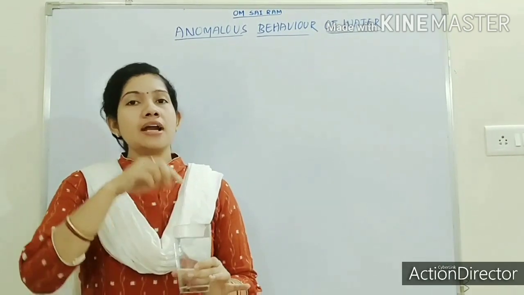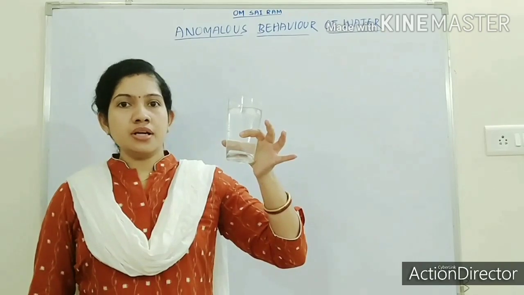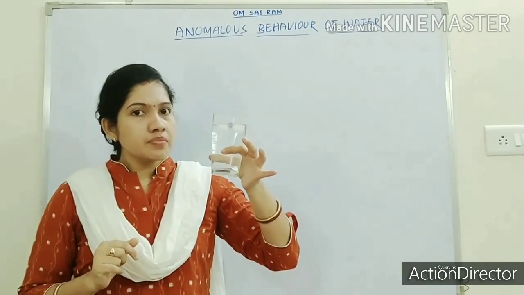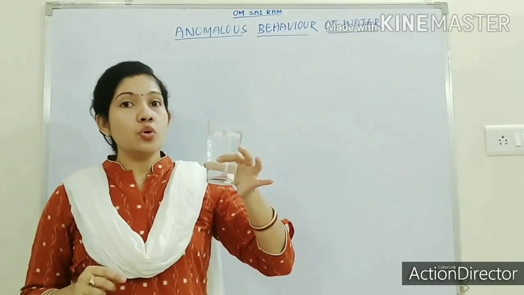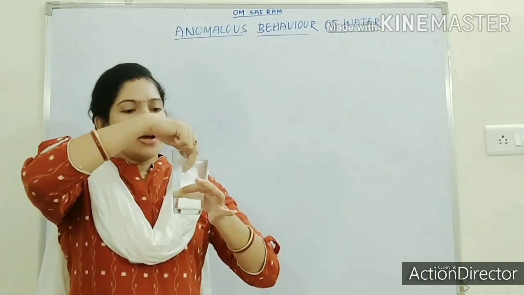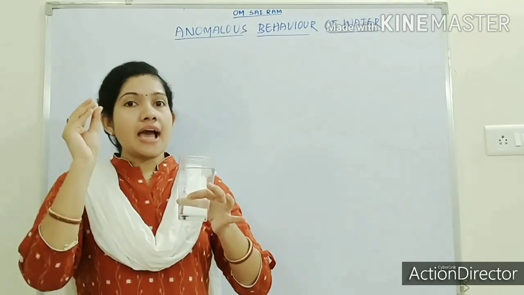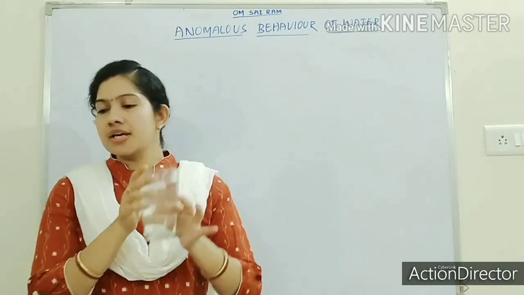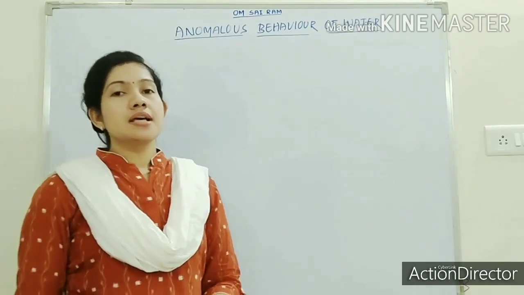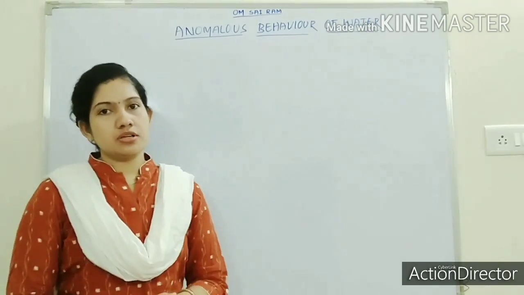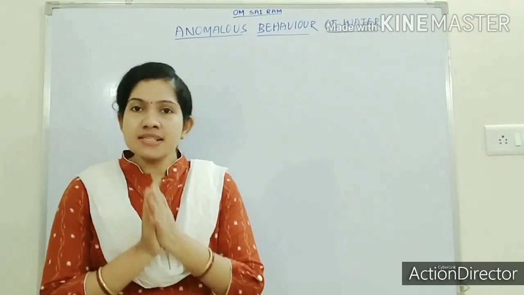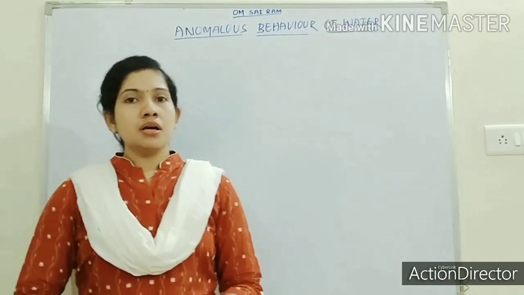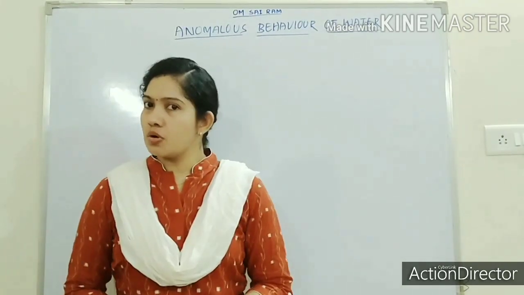So when we add a solid into a liquid, as the solid is heavier than the liquid, it should go down. What will happen if you add a stone? It will go down. So as a solid, this ice should also go down in water, but no, it is floating over water. This is what is known as the anomalous behavior of water. Okay, so what is the anomalous behavior of water? Before going to that, let me explain some terms related to this topic.